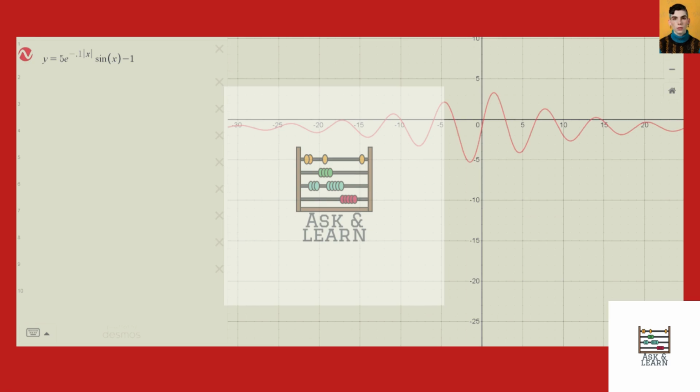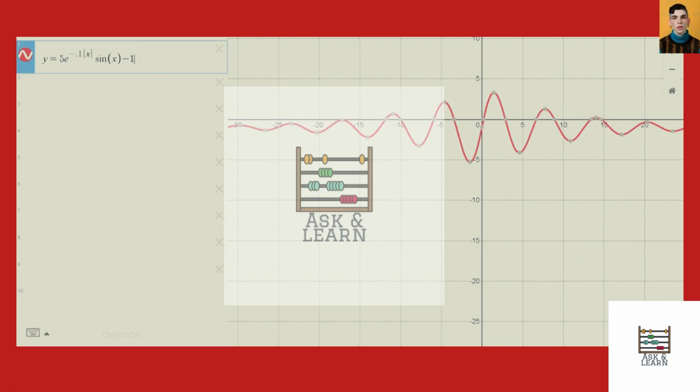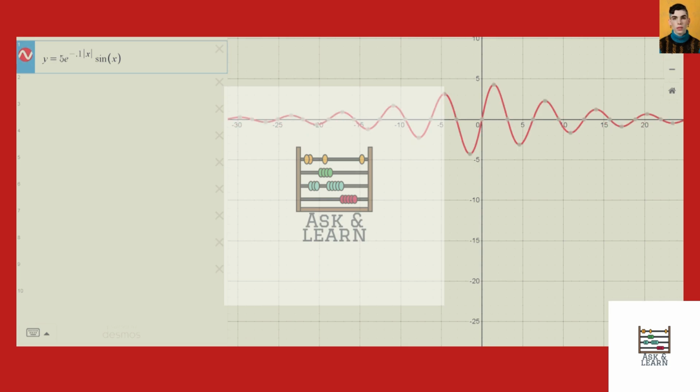Okay, so to find a critical point, what's important to remember is that first of all, it has to be a value of 0. And second of all, it has to actually be a sign change. So f prime has to be 0 and the points around it have to go from negative to positive or positive to negative. If you take a look at the graph, you can see that it's not one of those shapes where it's only touching the